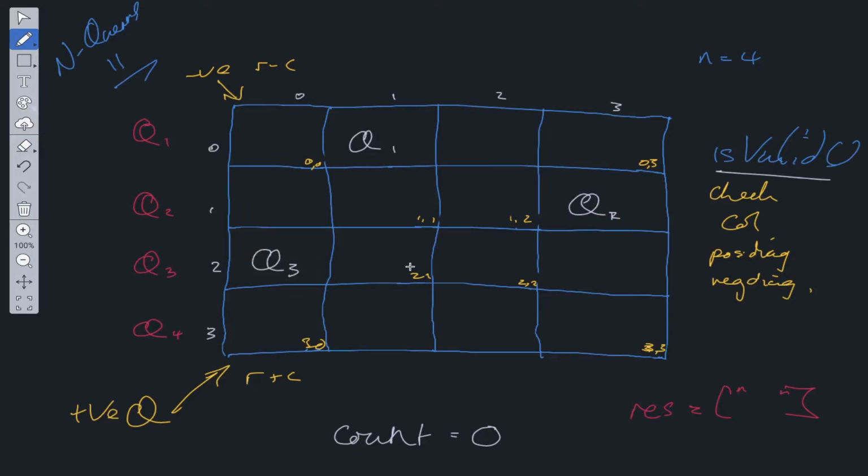Q3 checked in the first position, it can go there. So we move on to the next position, Q4. Q4 can't go here, it can't go here, but it can go here. Now we know we're in the last row, so we can increment count. So count becomes 1. So now at this stage, we just backtrack and check all other possible solutions, and the